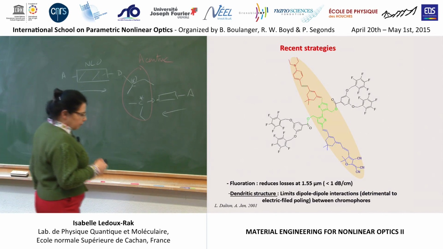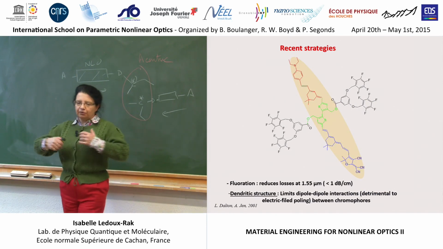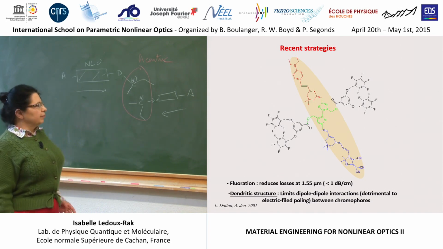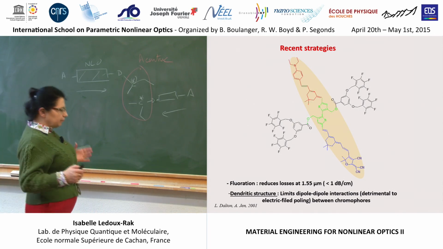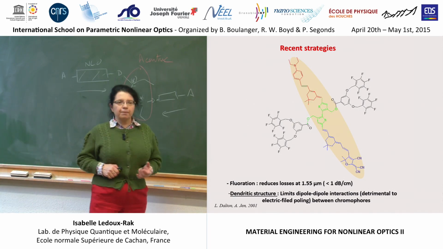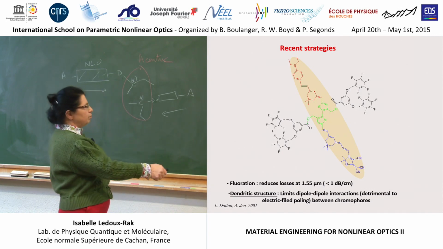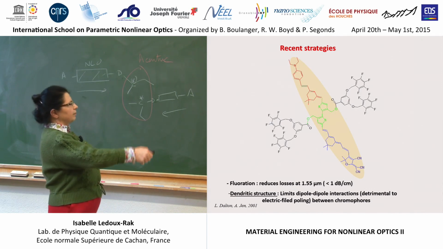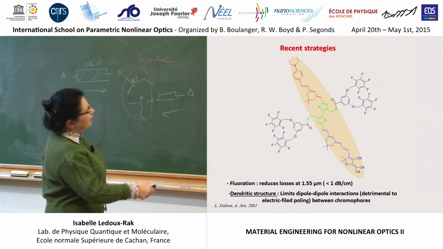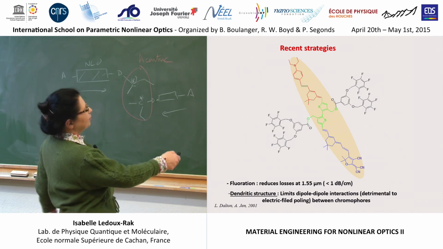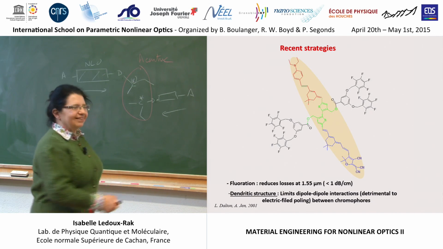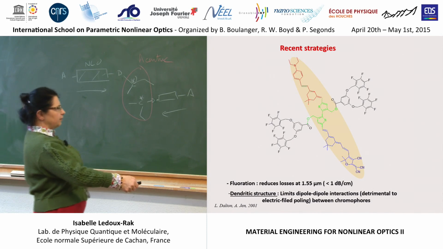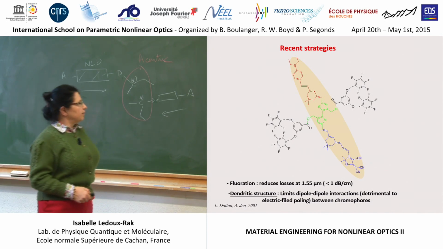What kind of solution? If molecules have a tendency to associate and to come too close to each other, let's find a way to separate them by putting bulky groups, a kind of beginning of dendrimers, around the strong dipolar chain. I'm sorry, the center in green is not very visible, but you can believe me that it's still a conjugated path. And this is a strong nonlinear intramolecular charge transfer, strong mu beta, so a very efficient system.